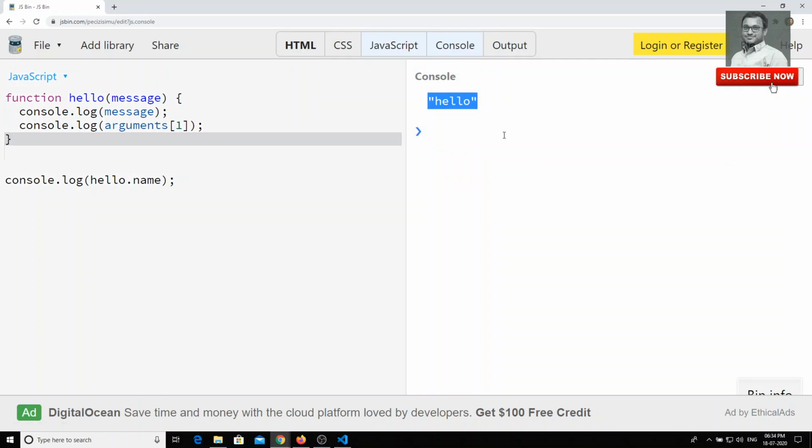What is happening here? This hello.name gives you the name of the function. This looks somewhat stupid, because we are asking the hello function to tell its name, like asking, hey hello, what is your name? Its name is itself, hello. We know the name and we are asking again for the name of the function.